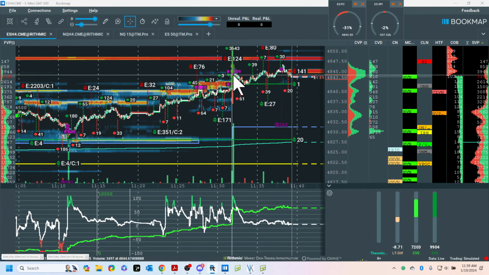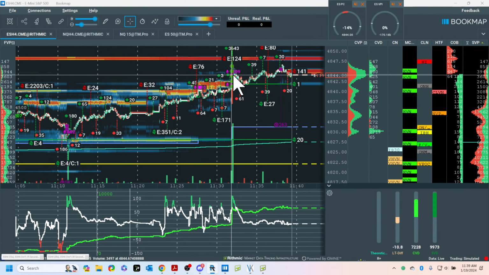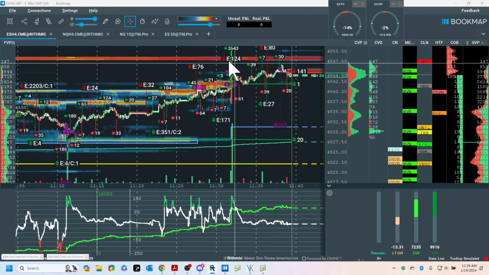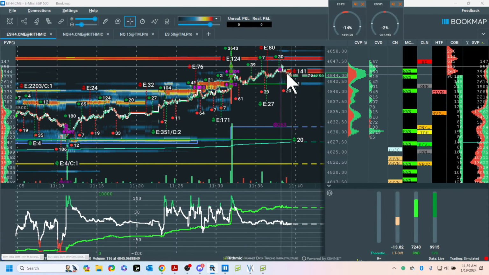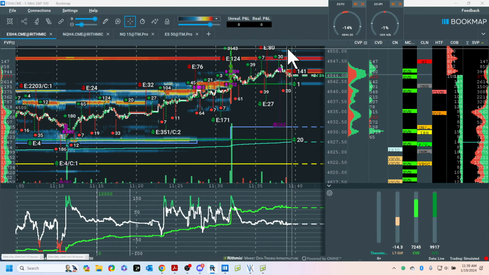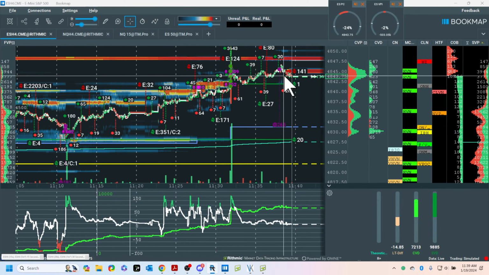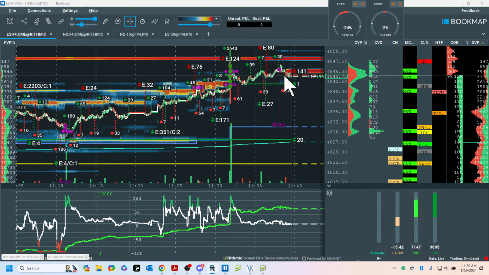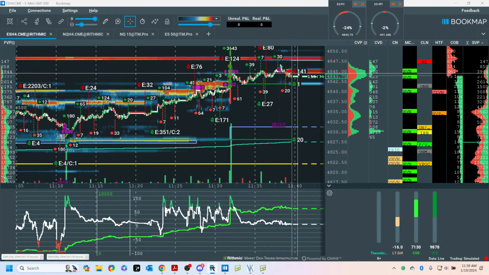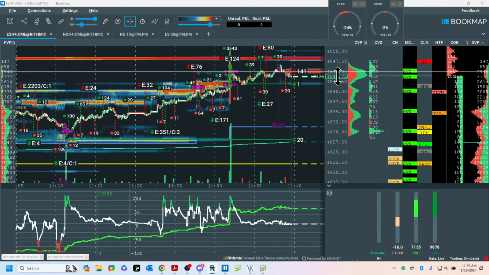I can't tell you how many traders, retail traders, whether it's in futures or even stocks or anything else, say it can't go any higher. It just can't go any higher. I'm going to sell it. It can't go higher. Meanwhile, it keeps going up. How can anyone ever say what it can't do? How about always thinking what it might do? And then that's all you got is maybe.